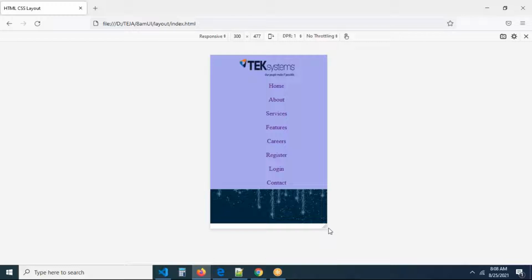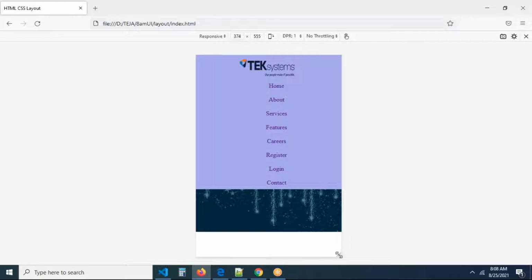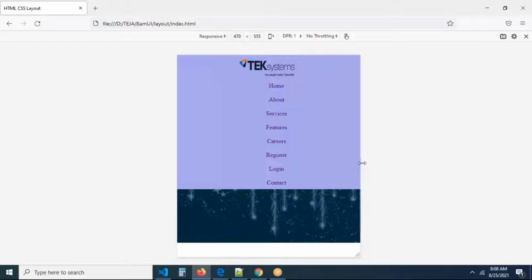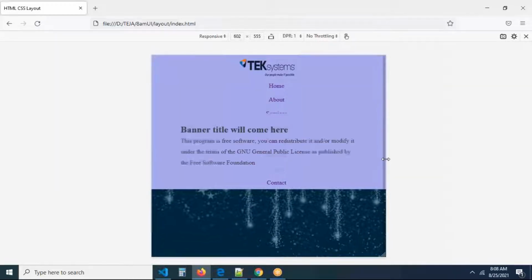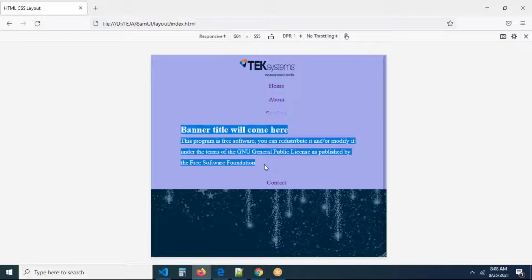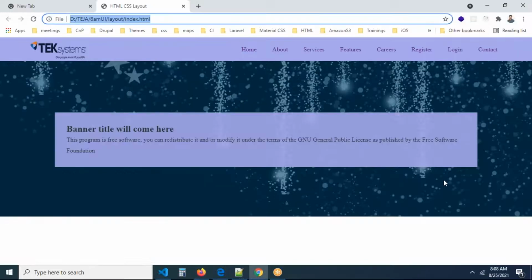See, the banner looks very small because we didn't set any fixed width and fixed height. We set only 100% width. As per the screen resolution, the height and width will be adjusted automatically. But when we increase the screen to more than 600 and above, then only you can see the banner text. Can you see now? Now you are able to see the banner text, but the banner text is not properly aligned. At 600 and above, I want to display the banner text. So at this point of time,